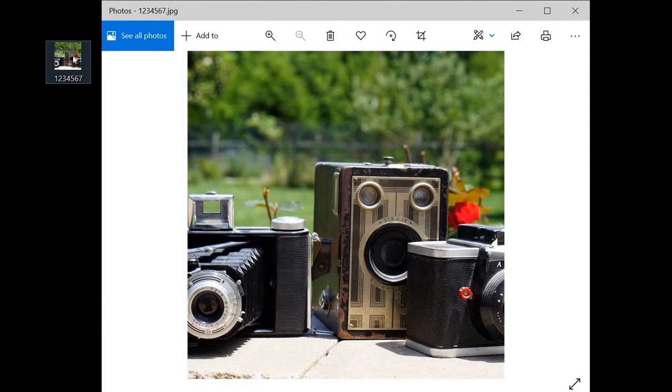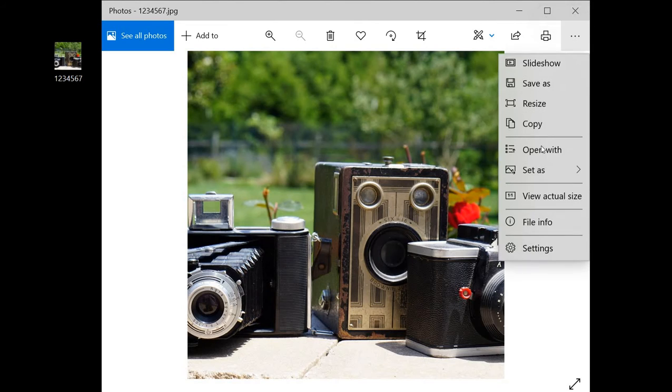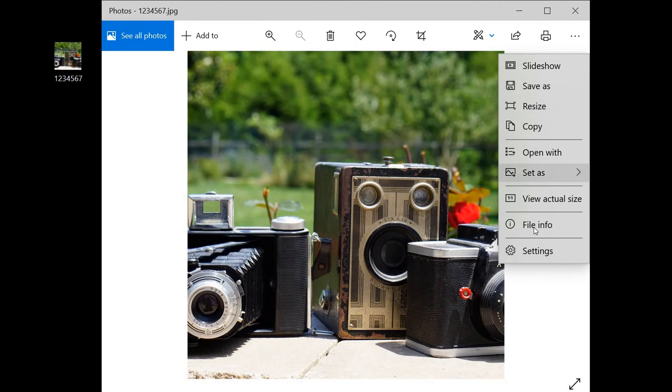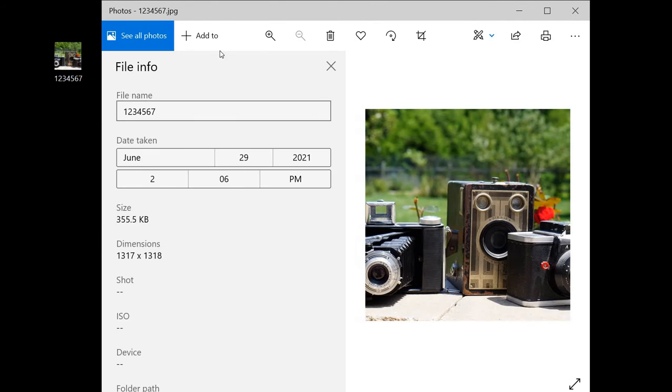The second one I'm going to show you is how to change the name in a file that's opened. If the file is open here in the Photos program, you're going to go over here to the right where the three dots are on the right hand side and click that and scroll down to where it says File Information, and then that opens a window on the left hand side. And you want to highlight that, and then again you can rename this photo whatever you would like it to be named. I will name this one